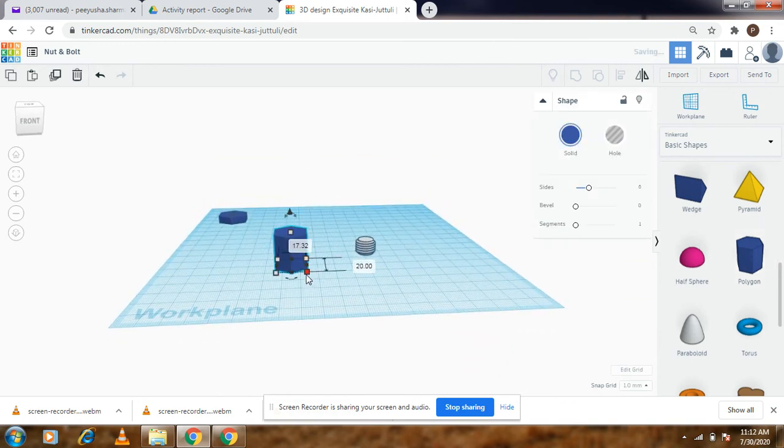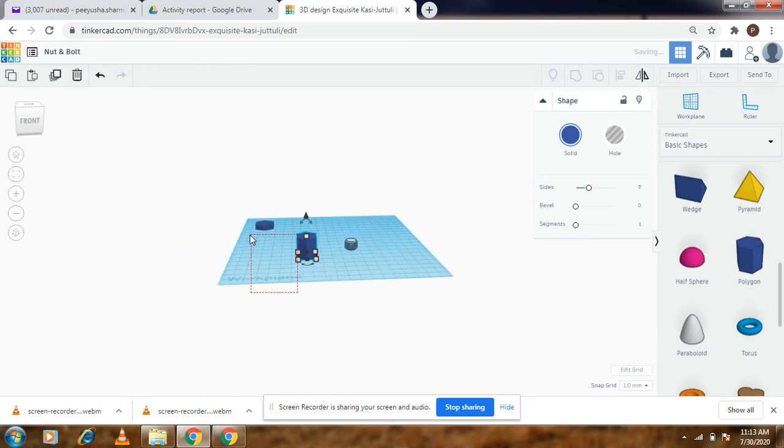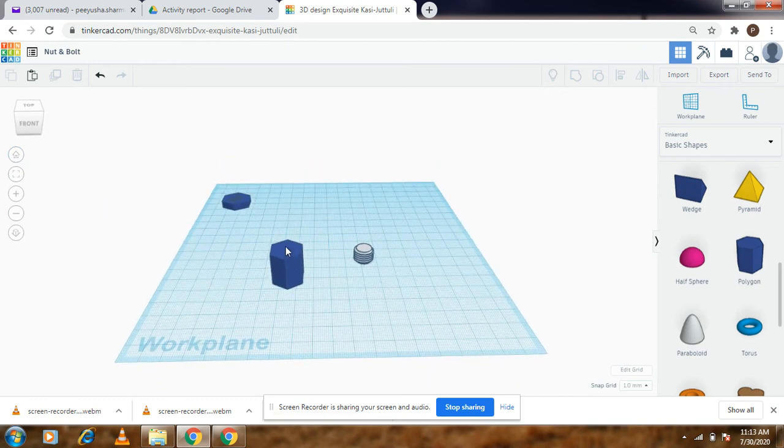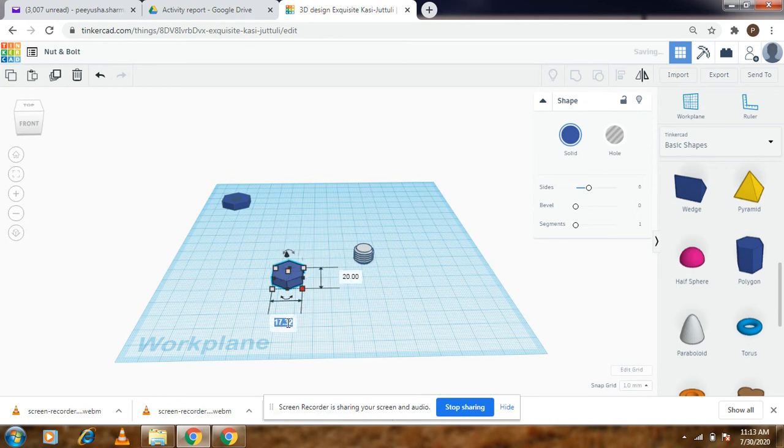and we will decrease its height to 5, and let's make the remaining dimensions 15 each.